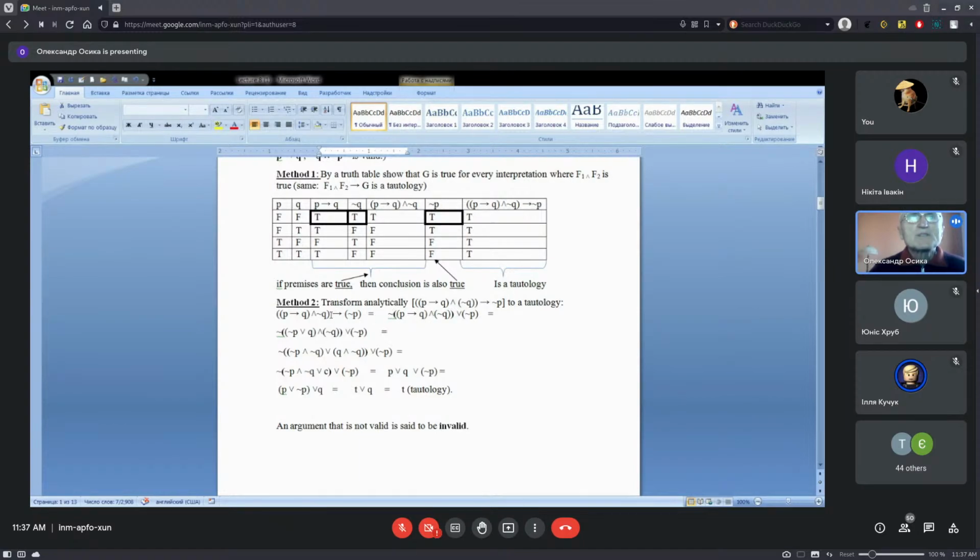We get rid of this implication. Get rid of this implication. It is not the first formula or the second formula. Okay, we get rid of this implication. After that, we get rid of this implication here, not P or Q. Only now we can apply the axioms or laws of propositional logic,